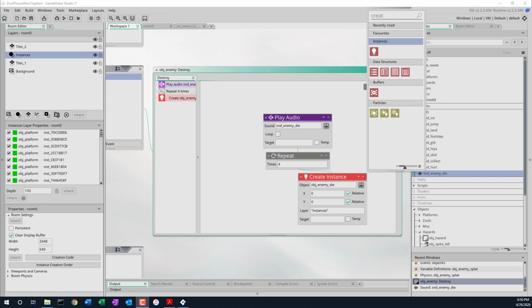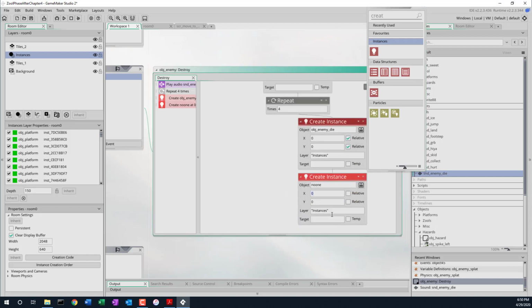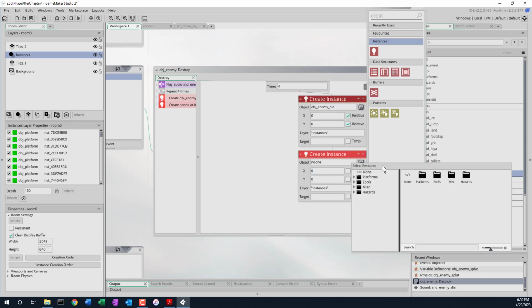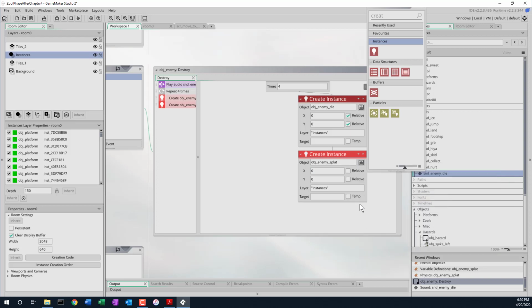then we also want to create a Splat instance as well. So another create instance here. This time we're creating the Splat. The enemy got killed. There's the Splat. We'll make it a relative x and y. And then